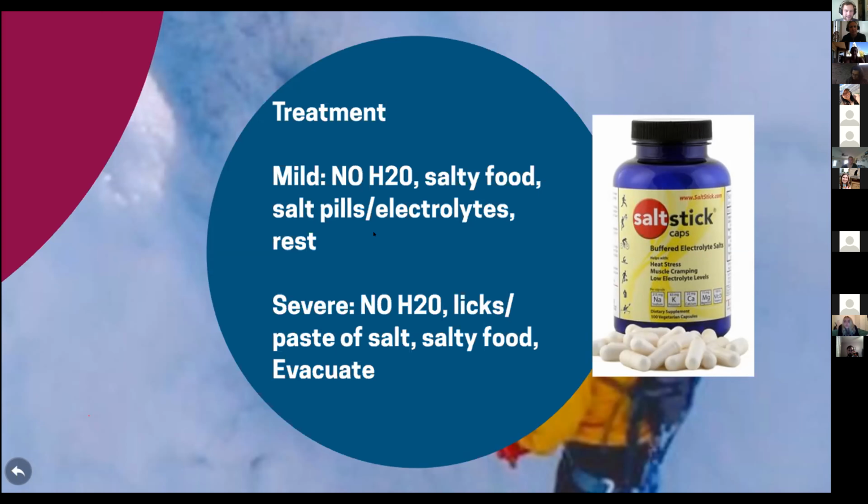I'm a big fan. Speaking of running races, the first ultramarathon I ran, for the first 10 miles, I was drinking water and not eating food. I started feeling really weird. And then I just took a salt pill and poured some table salt into my water bottle for some electrolytes because I had no appetite. I was drinking a bunch of water and losing a bunch of fluid. And when you sweat, you also lose a lot of electrolytes. That's why you'll see those kind of salt stains on your hat. So no water, salty food, or electrolyte paste, and rest.